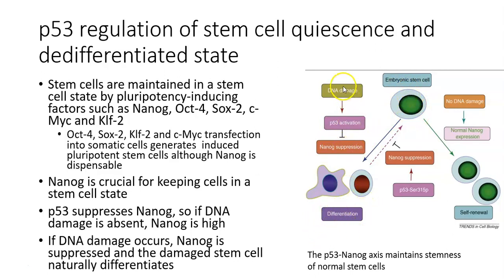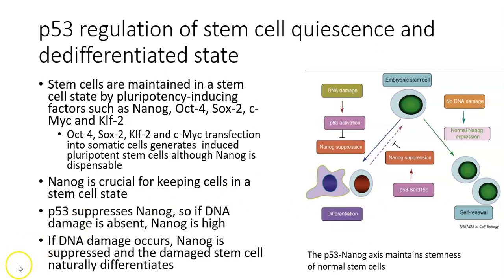differentiate. So in the presence of DNA damage, you can get p53 activation, and then a stem cell will cease to be a stem cell and will go on and differentiate, and then its progeny will stop growing. Whereas in the absence of DNA damage, you've got normal NANOG expression, and you can have a stem cell which will undergo self-renewal into two stem cells, or one stem cell and one cell that's going to go on and differentiate. So this shows that p53 controls cellular quiescence, and quiescence is this organised and deliberate lack of proliferation of